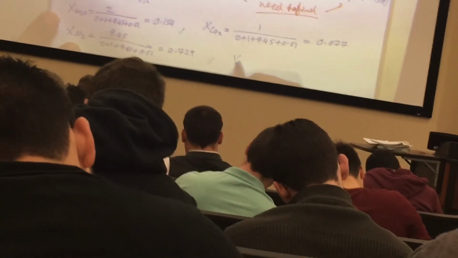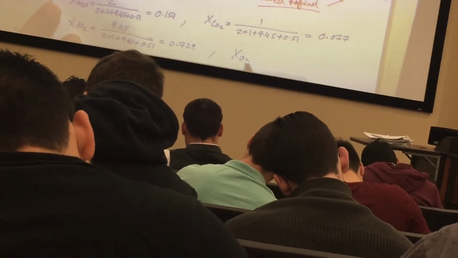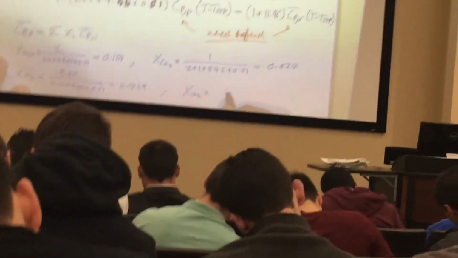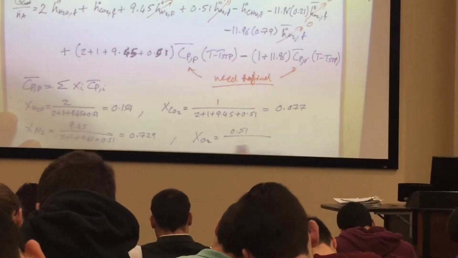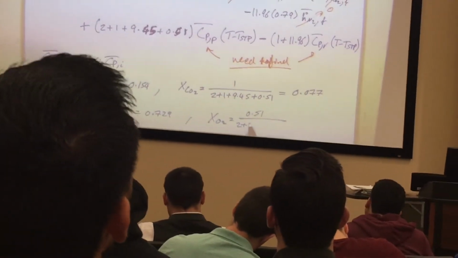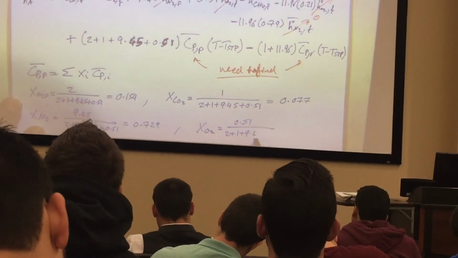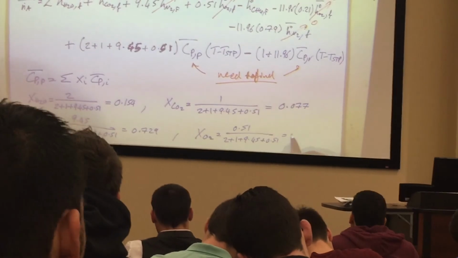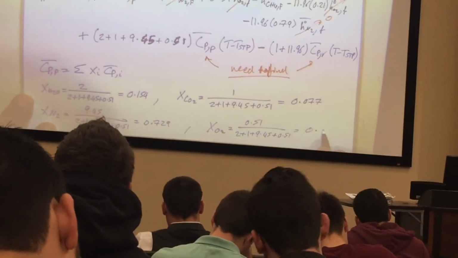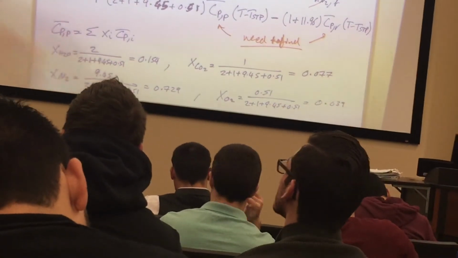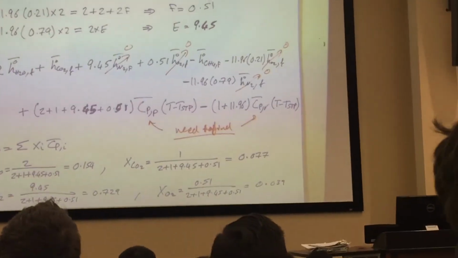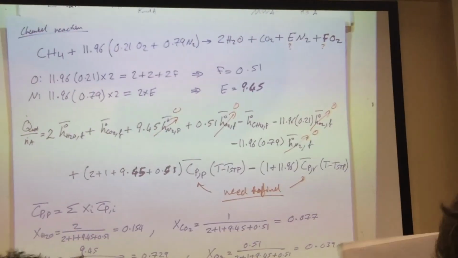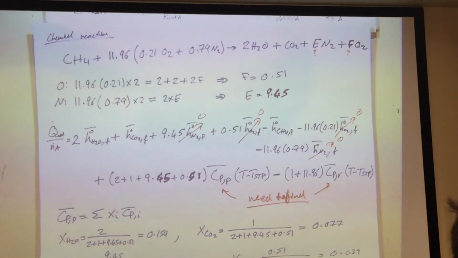And for oxygen, it is equal to 0.51 divided by 2 plus 1 plus 9.45 plus 0.51, and it's going to equal 0.039. And from that, we can stop here and